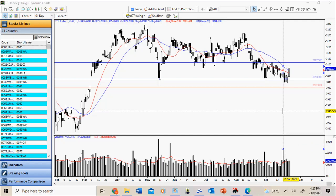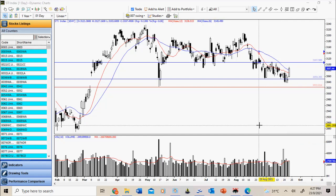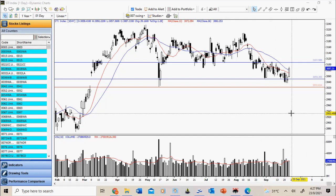Today is 23rd September, it's about 4:27, half an hour before market closes. Market today traded a wide range bar with just average volume, up 40 points. Currently at